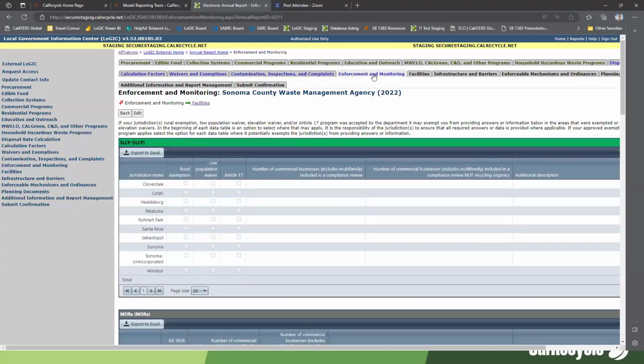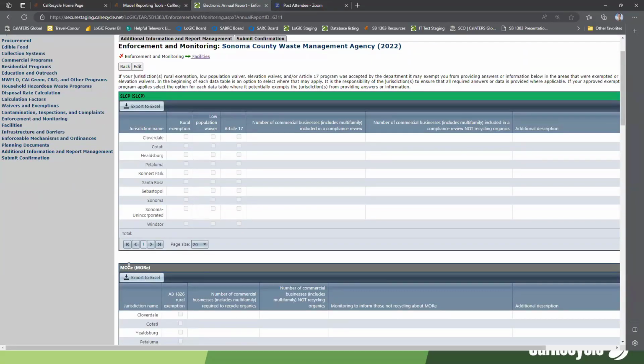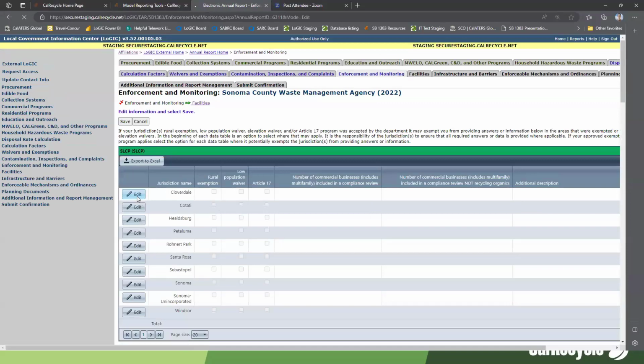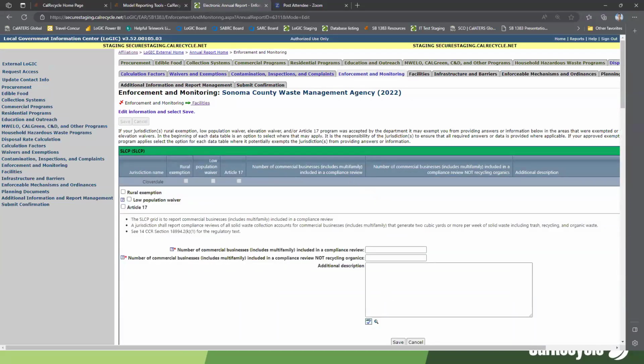All right, enforcement and monitoring. So here in the SLCP grid, there could be a lot of overlap between SLCP and the more grid, since SLCP has more stringent requirements, but they're very similar as well. So in these grids, what it's referring to in this compliance review is a desk audit. So not necessarily you're going and visiting them physically, but just looking at a spreadsheet of the accounts and ensuring